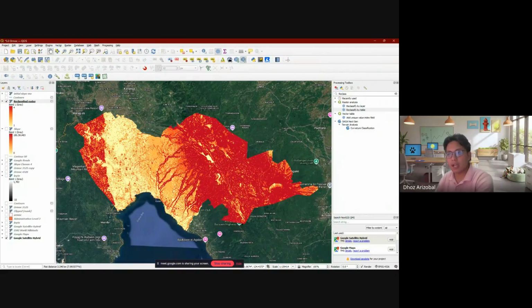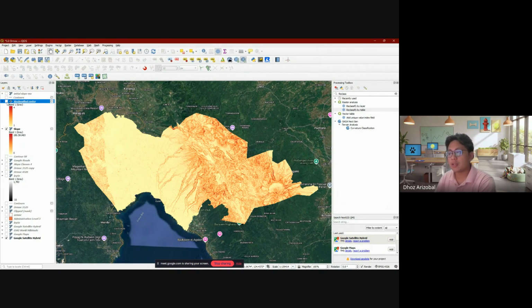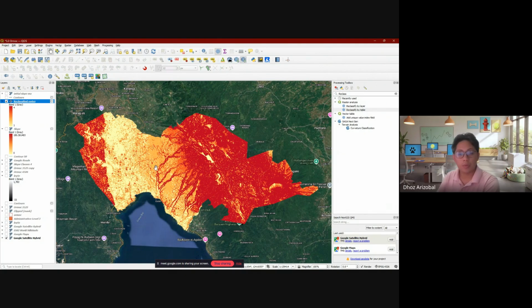So this is a lot easier to visualize compared to this one, because with this one you still can't get what this map wants to say. Okay, so this is my mountain area, so I can't plant there. That means there are zones here that are suitable for upland farming. There are zones here that are suitable for agroforestry. And the crop or rice areas should have priority in this region right here.